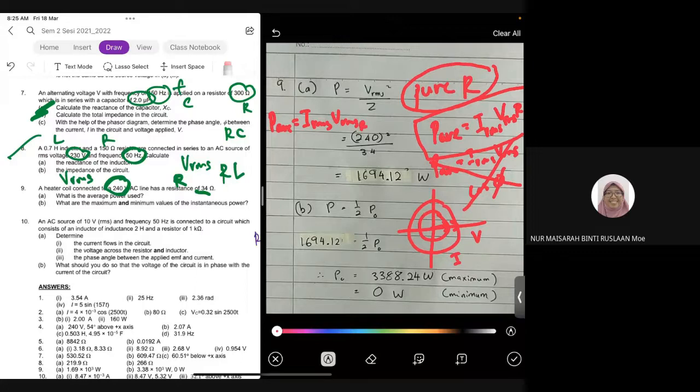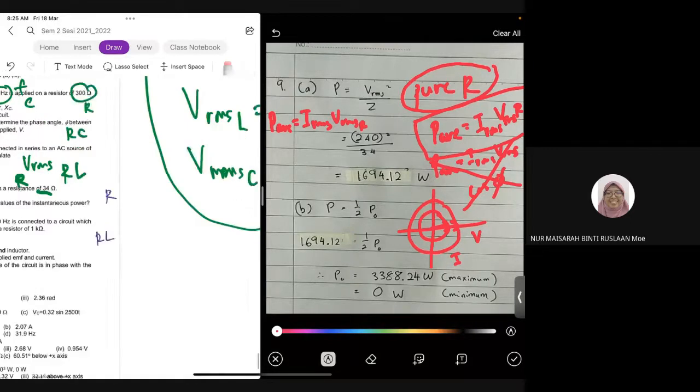Okay, but we don't have I. We have VRMS. VRMS R tu adalah sama dengan VAC. Kenapa dia boleh sama dengan VAC? Because this is pure. So kalau pure maksudnya ACU akan sama dengan. Dia tak ada, okay. Dalam kes ni,